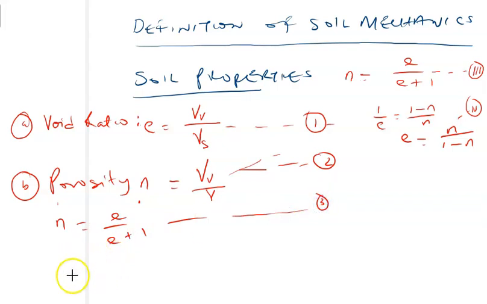We'll have the fourth one, where we set E is equal to N over 1 minus N. This becomes our fourth equation. So this is the relationship between void ratio and porosity